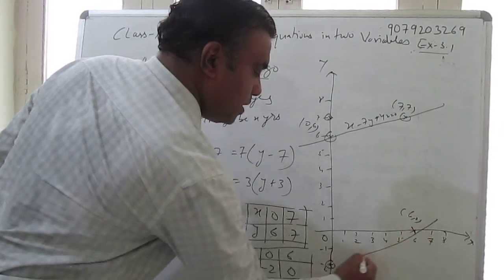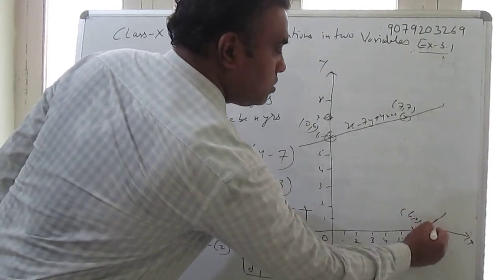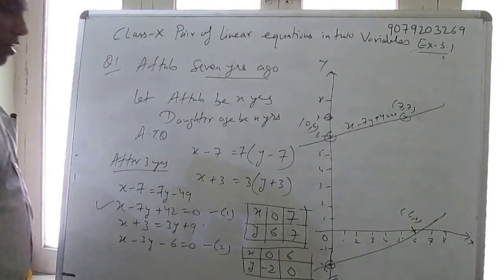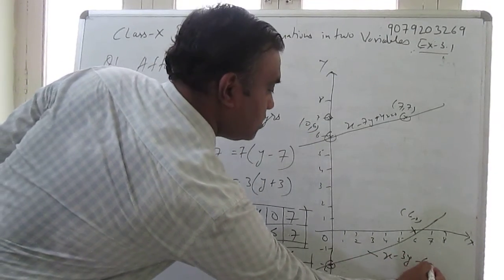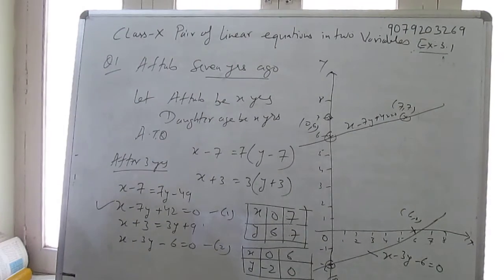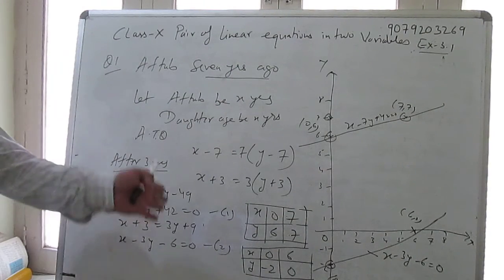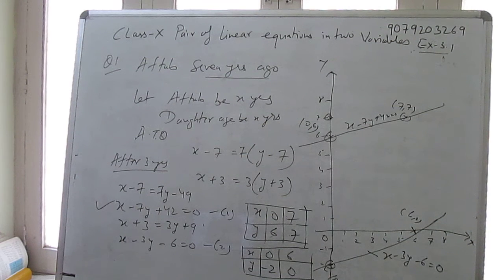Join these 2 points. These are the 2 lines. This is x minus 3y minus 6. This completes the first question. Graphically we have to show. When we extend it, somewhere it will intersect. Now question number 3 of this